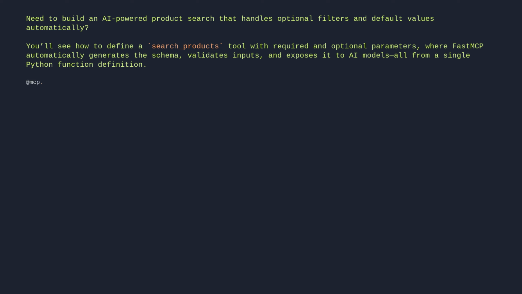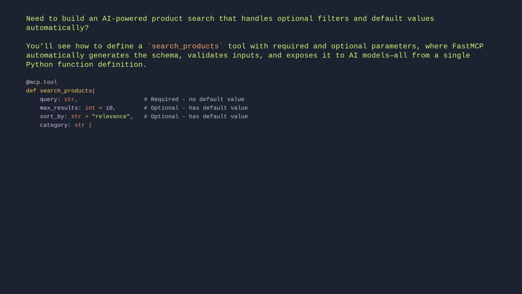@mcp.tool def search_products(query: str, # required, no default value; max_results: int = 10, # optional, has default value; sort_by: str = "relevance", # optional, has default value; category: str | None = None # optional, can be None) -> list[dict]: "Search the product catalog." # implementation